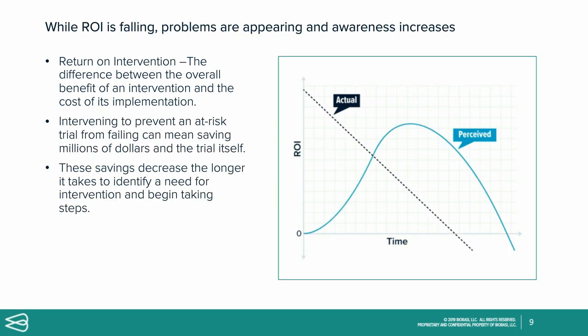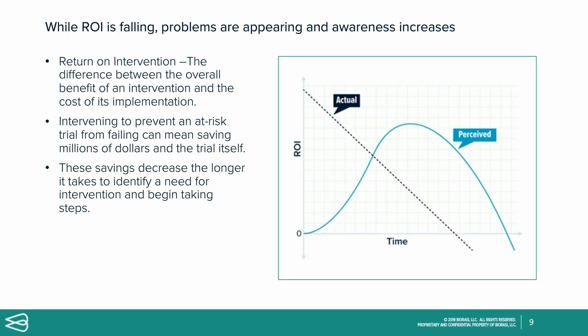Now, what's not so intuitive and straightforward is how we perceive that intervention in real life. We don't actually have crystal balls, and most of the time when we start a trial, we think it's going to go relatively smoothly, or certainly we plan it to. However, as issues start to pile up, we start to perceive that there may be a need for doing something,